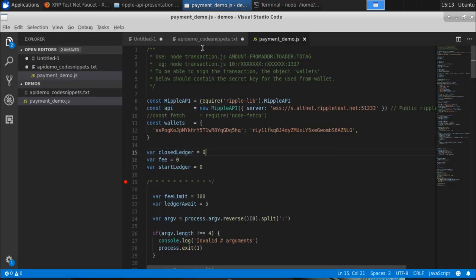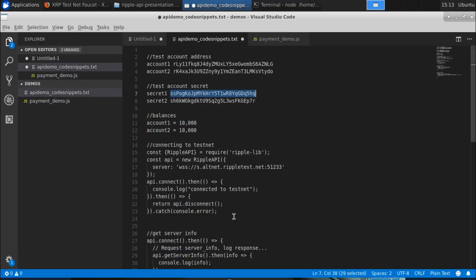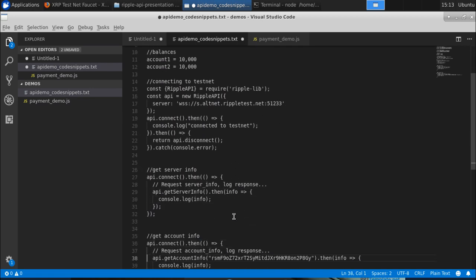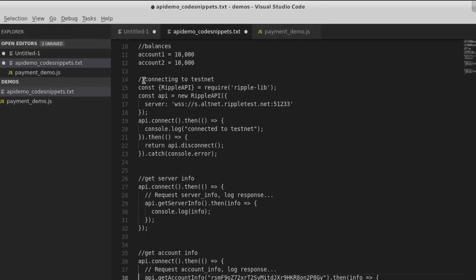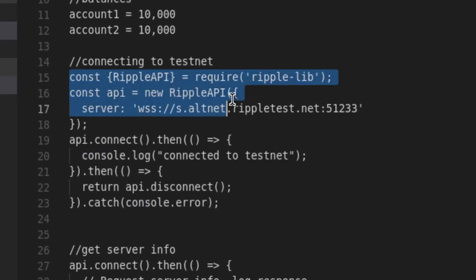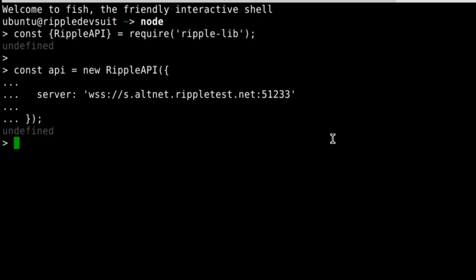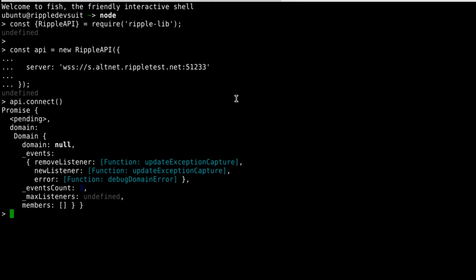So for that we'll go to the snippet, and here we are going to create and connect. I will copy this, paste it here. Now API.connect, this will connect to the ledger. After connecting, I will create